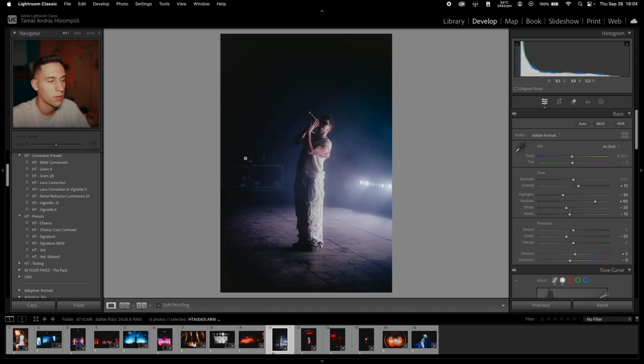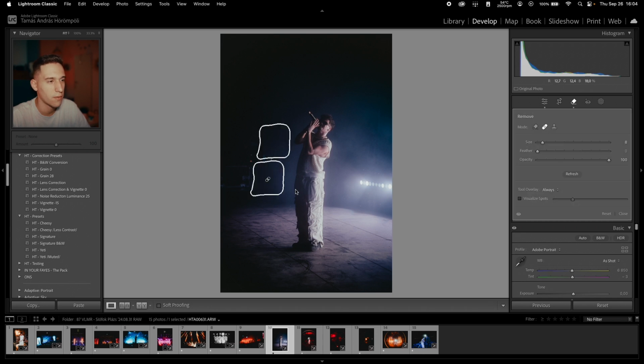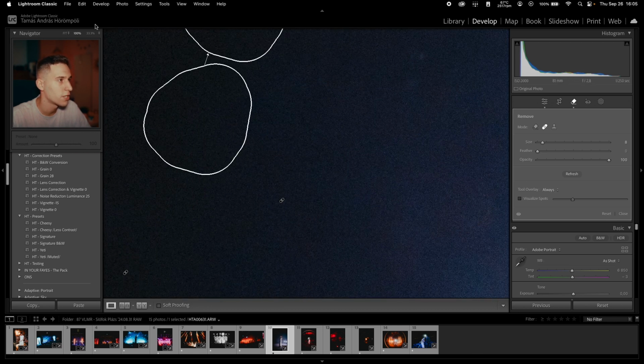Now there is a picture like this. I know that I want to get rid of these grays on the stage. You could always go to Photoshop and remove it there. Try to remove it with the healing tool, but it doesn't always work that well. So if it works, for example, right now, then it is perfect. But you just have to remove it part by part and zoom in and really check if